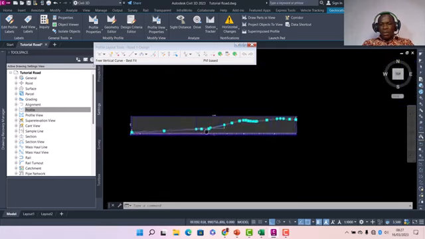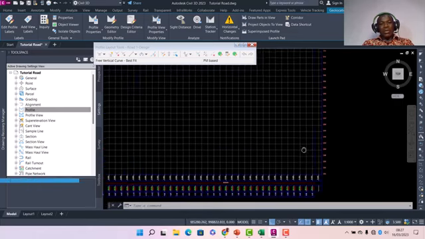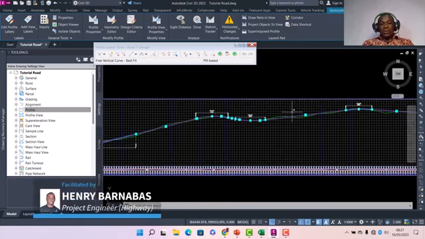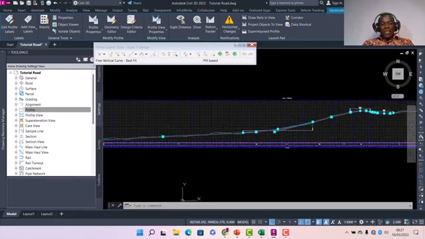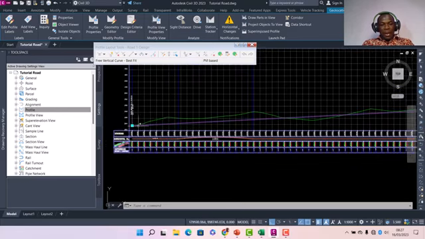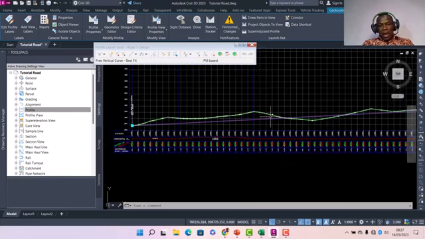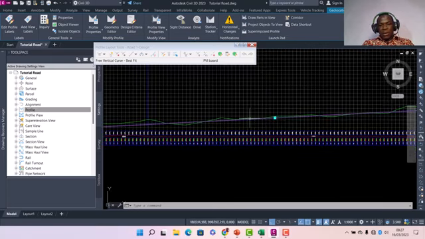This road is how many kilometers? This is like 5 kilometers. So in 5 kilometers, you have just 4 curves. No, it's not. It's even small. I think it's even small. So like I said, I just made it simple. So you probably should follow this profile. Like I should have a straight here, then have a sag here, and then continue with maybe another straight